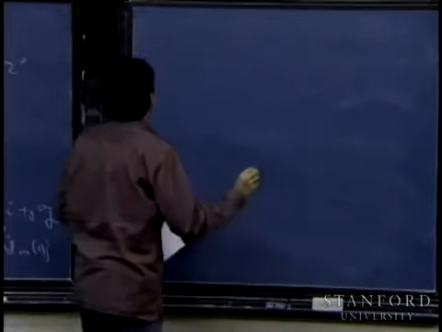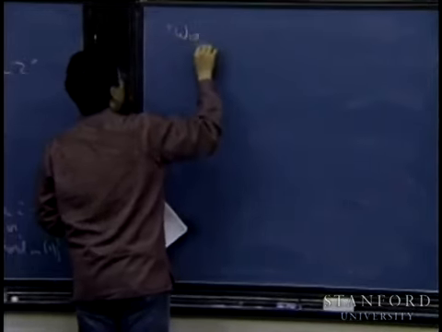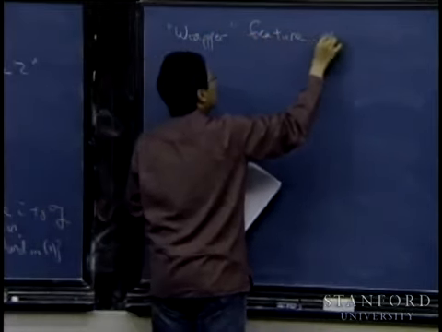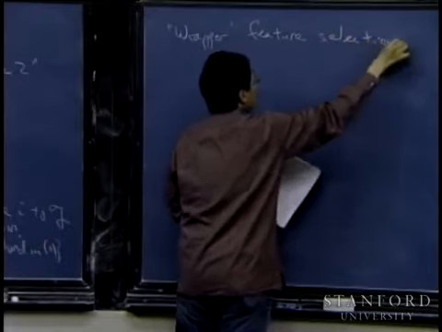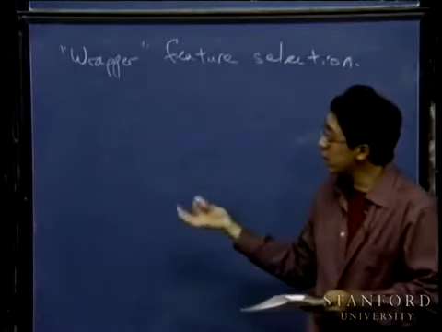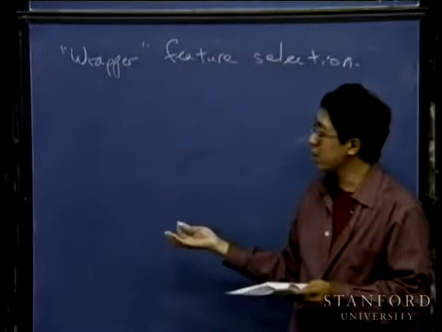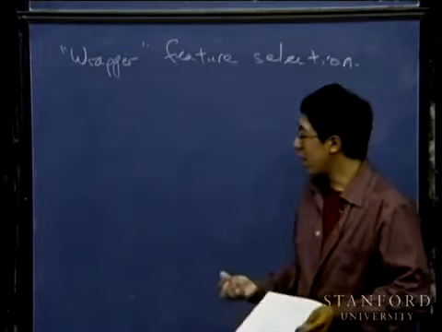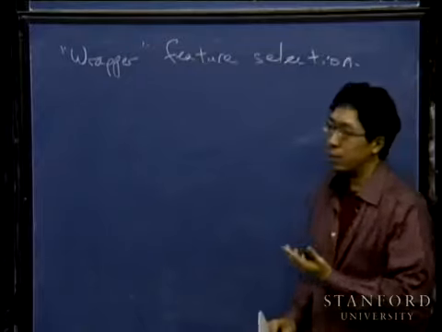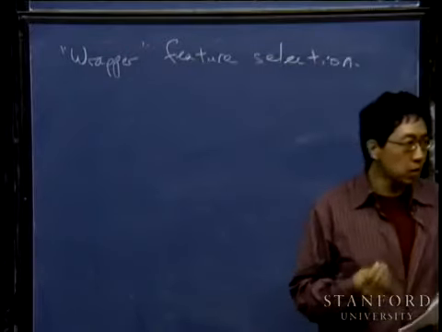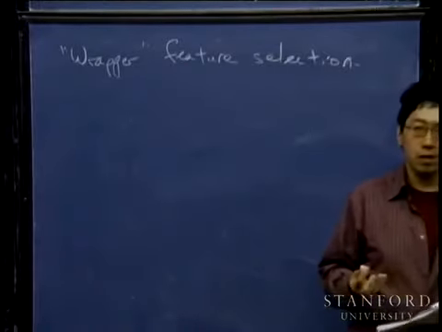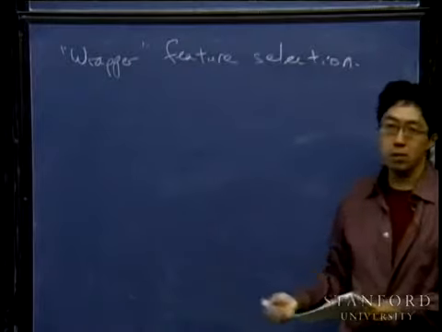Just to give this a name, this is an instance of what's called wrapper feature selection. And the term wrapper comes from the fact that this feature selection algorithm that I just described, the forward selection or forward search, is a piece of software that you write that wraps around your learning algorithm, right? In the sense that to perform forward selection, you need to repeatedly make calls to your learning algorithm to train your model